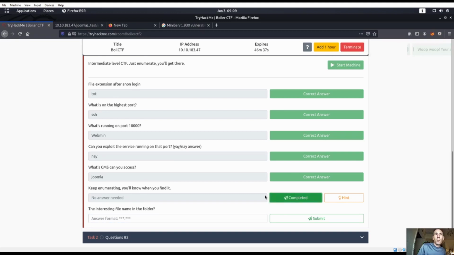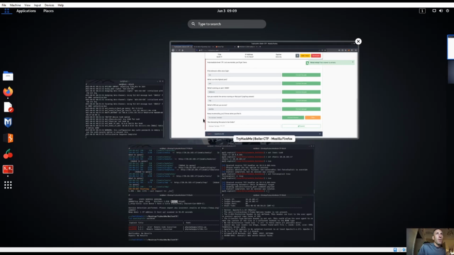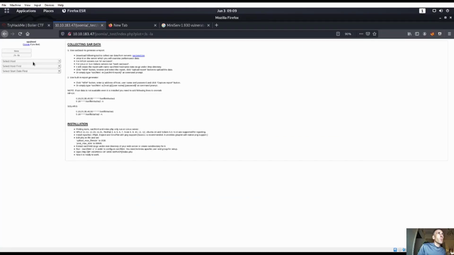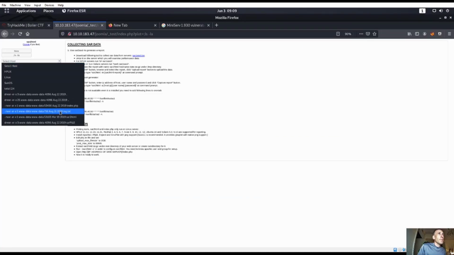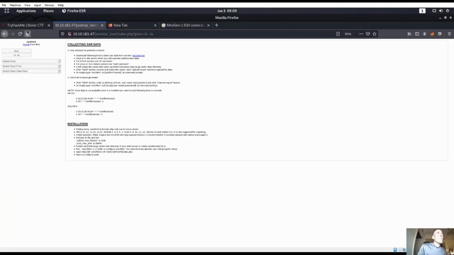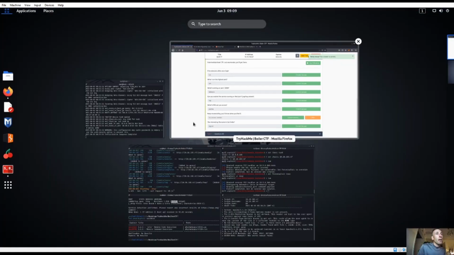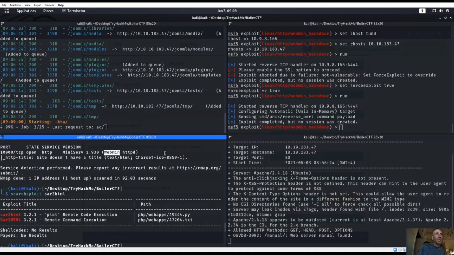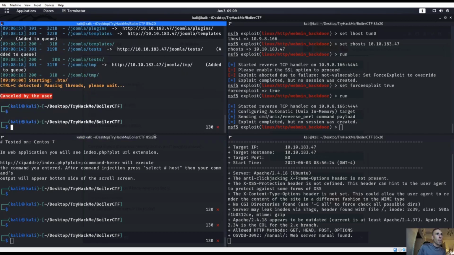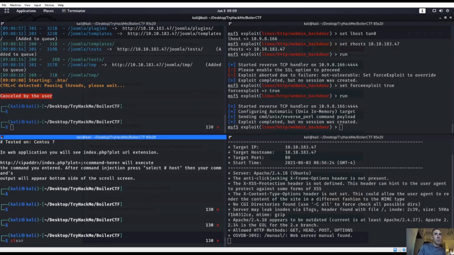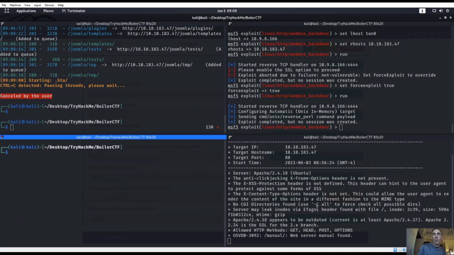Alright, so we think we found our way in at least. We got this Joomla. Then we have this log.txt file, right? So I'm going to go ahead and put that as my interesting file because that looks interesting to me. And that is an interesting file, I guess. So we can go ahead and probably stop this attack over here. Okay, let me go ahead and clear this. We can stop the